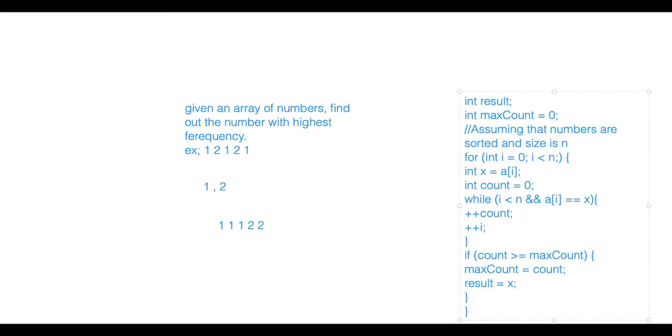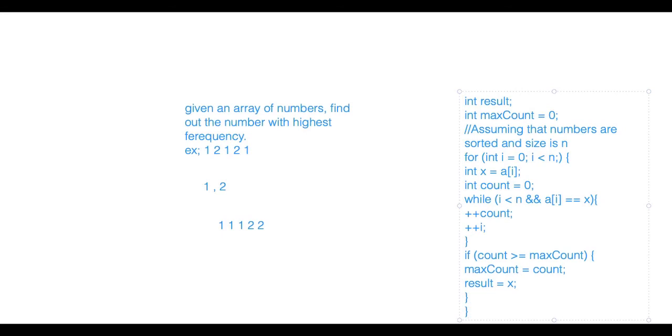And since x value is 2, we will say that okay, 2 is matching to 2, so count will be 1. i will be incremented. Loop is still true. Then the value of i will be 2 again. 2 is equal to 2, so the count will be 2. And then i will be equal to n, so this loop will break. Now the count is 2 and max count is 3. So does this condition satisfy? No, so we don't go inside this. And since we have reached n, we will move away from this loop.